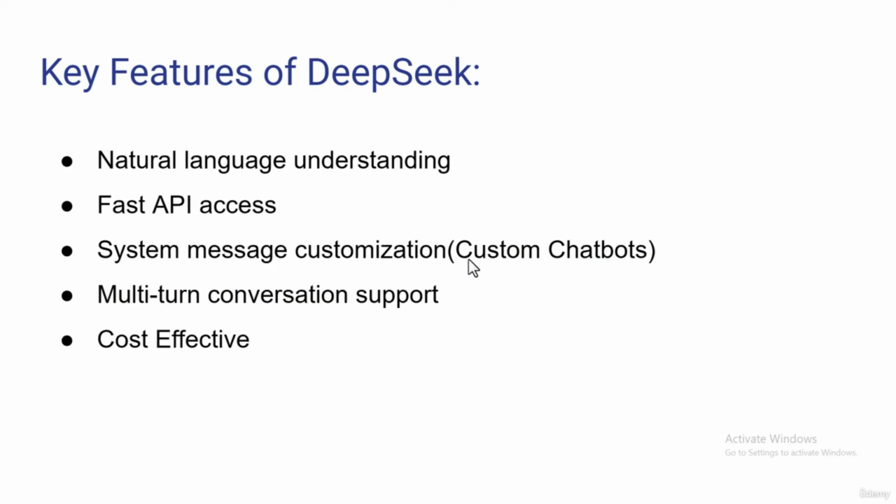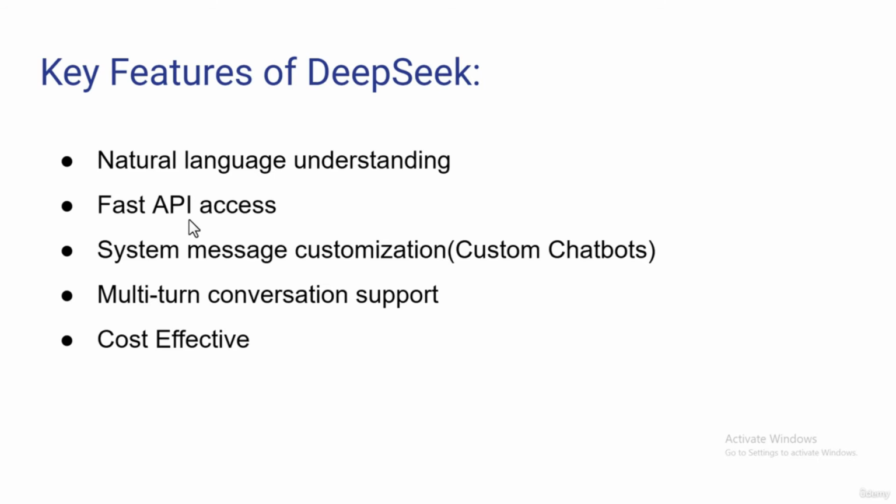So the first one is their natural language understanding ability. As these models can understand human language, anyone can use them with ease. And the second feature is their fast API access. As we want to use these models inside our own applications, for that purpose we need their API. So DeepSeek provides a very simple and easy to use API, so we can easily use these models inside our